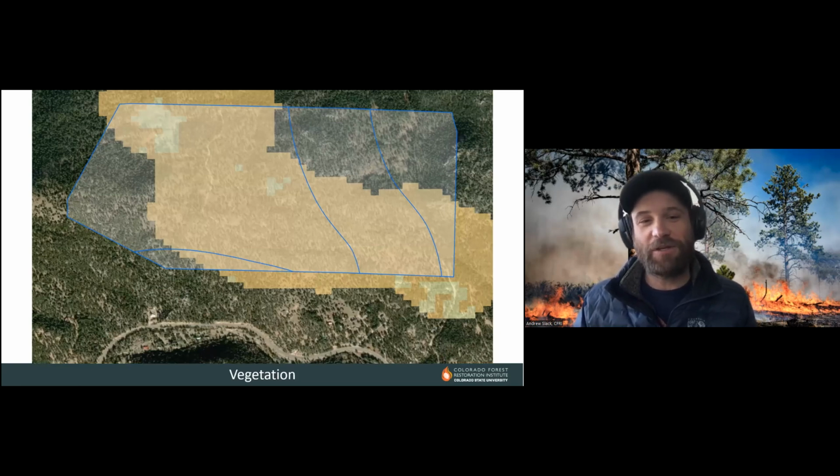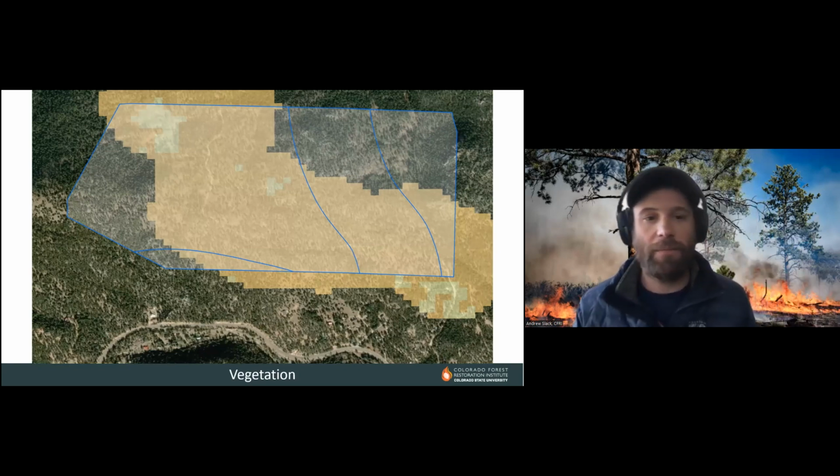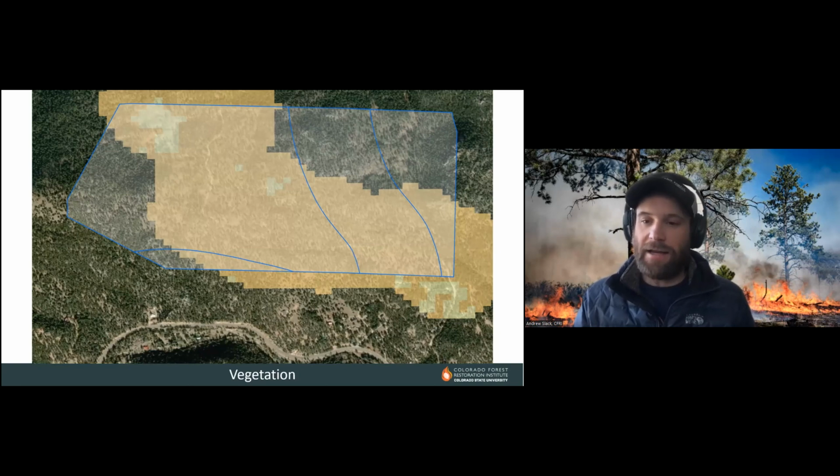Next slide. This is, it says vegetation. Sorry, that's a typo. This is actually recreation. So I think it's really following the hiking trail that goes through the middle of the treatment boundary there. And this is, again, the aggregated risk to the category of recreation. So if you really want to figure out what recreation we are talking about, a campground versus a hiking trail, again, you can pull in those layers on ArcGIS Online